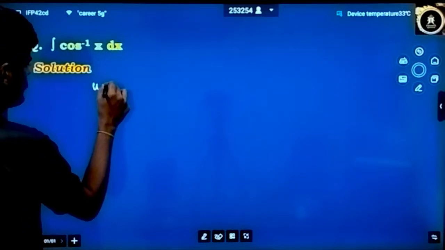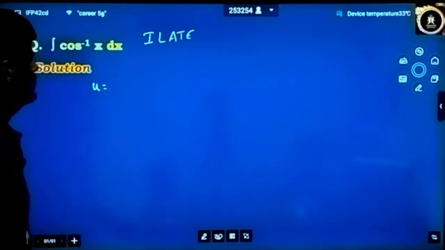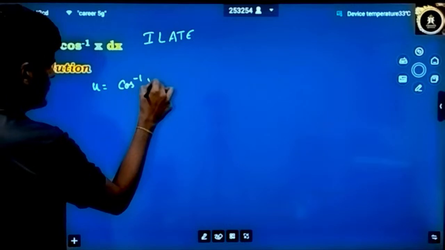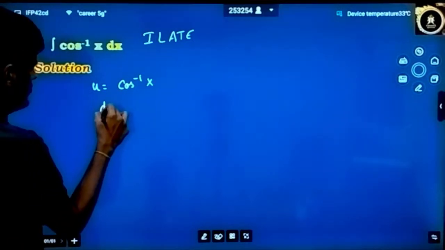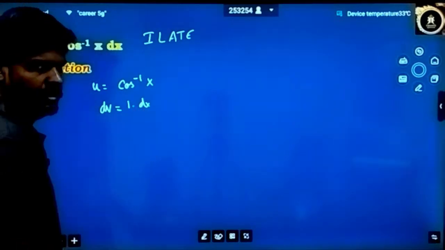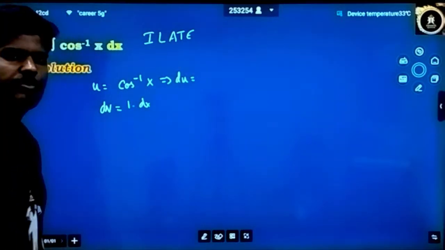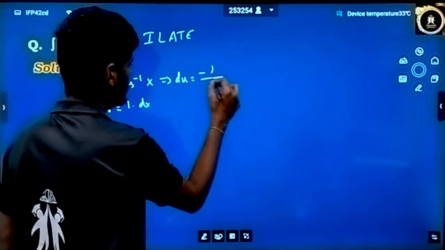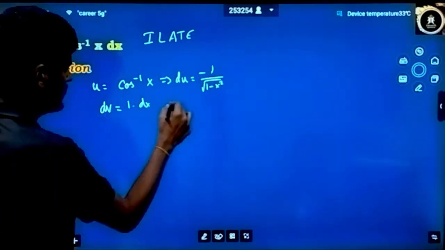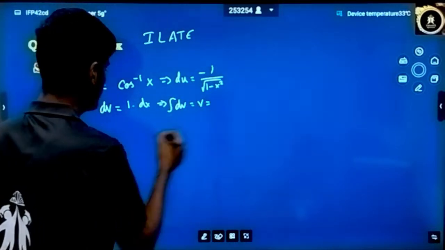Now, what is the u function? By using the ILATE rule, which function comes first? This is inverse trigonometry, so obviously the first function is cos inverse x. Now what is dv? dv is the remaining part, that is 1 into dx. That means from this we can write du equals the differentiation of cos inverse x, minus 1 by square root of 1 minus x square, and integration of dv, that is v. Integral dv is v,